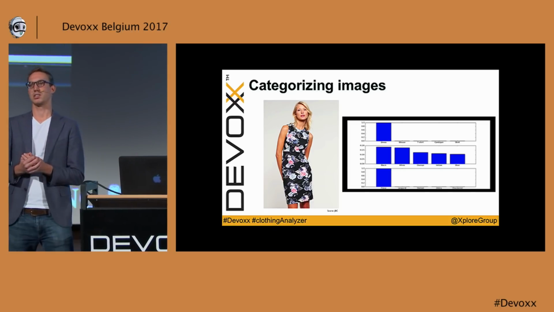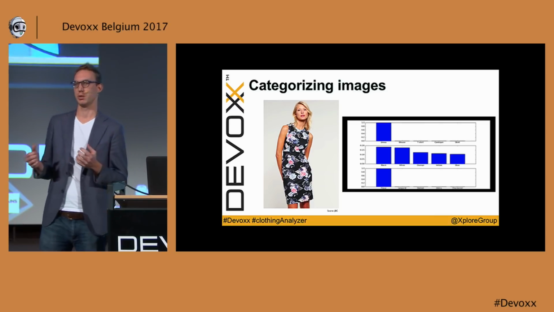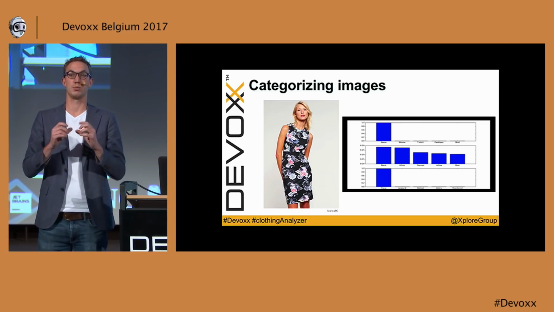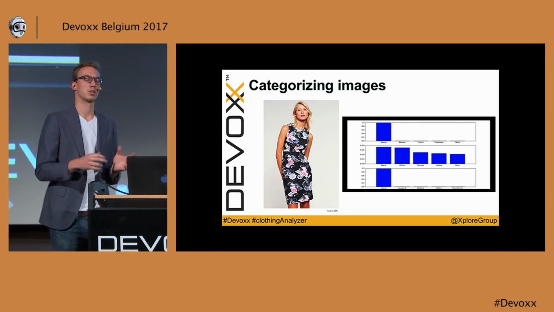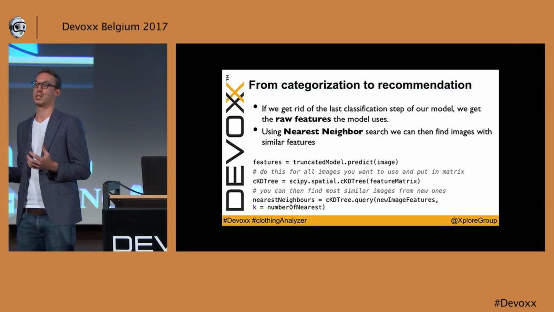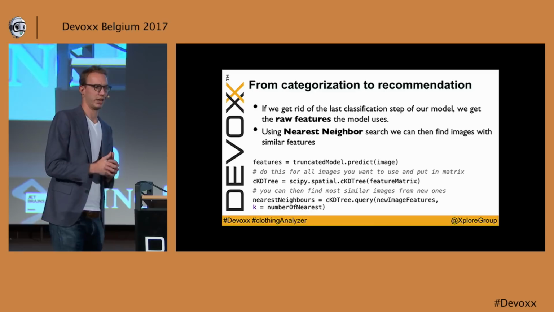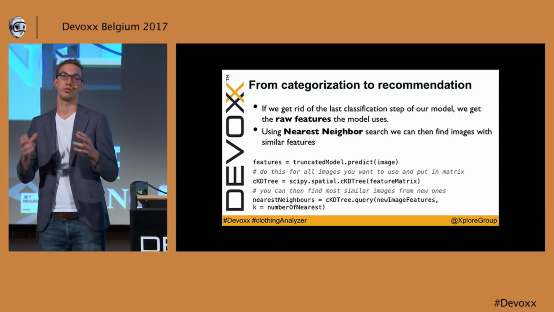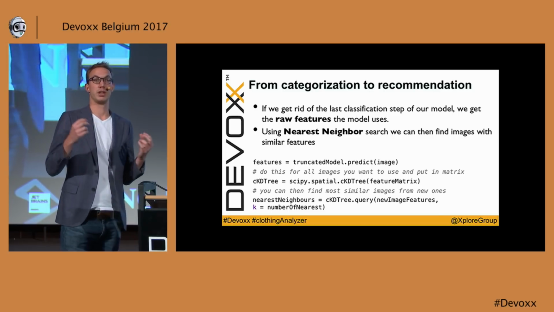One thing you can do is train a model separately for detecting similar items. So it will work kind of in the same way, feeding two images and saying, okay, these images are similar, and then the model detects what are features of similarity. But what we did is kind of a different approach. We used a traditional model of nearest neighbors to detect similarity in images, because the model comes up with a bunch of features. I think 1,000 something features that we have for every image, and those features can be used in a traditional way, using traditional machine learning and recommender systems to do recommendations and find similar feature